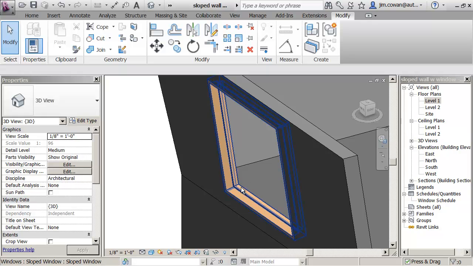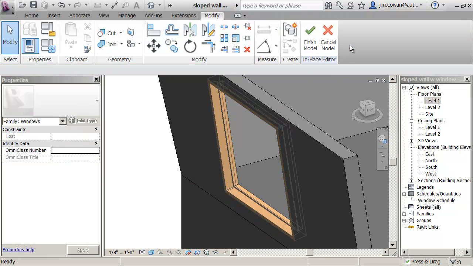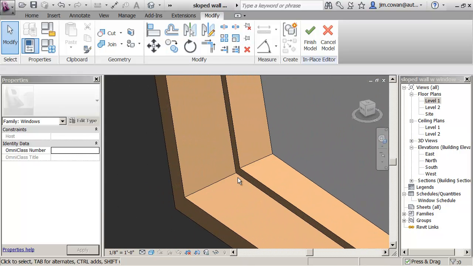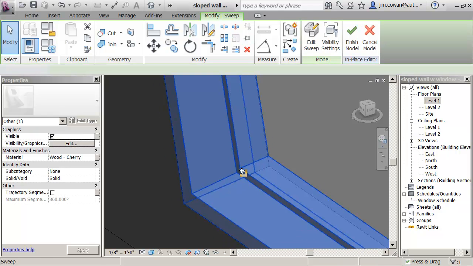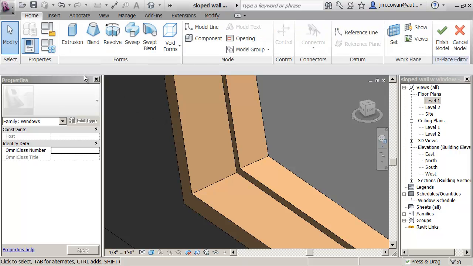So I want to go back inside the window, click it and edit it, and then what I'm going to do is try and create the glass on the face of the frame that's already there. So if I go to the Home tab,